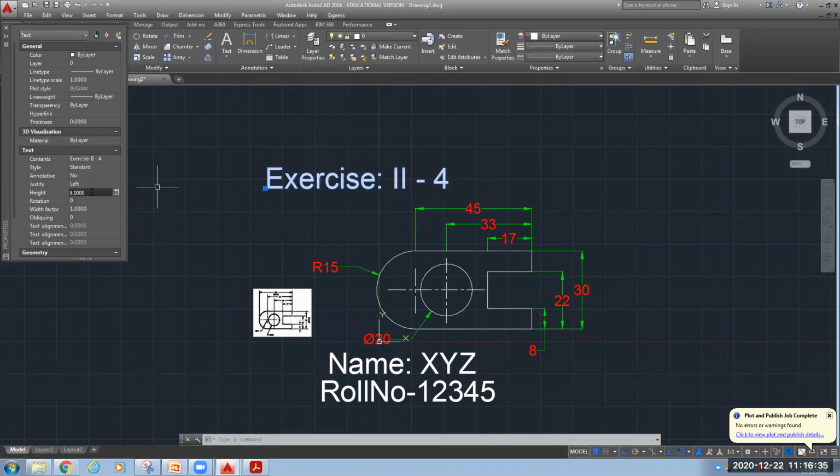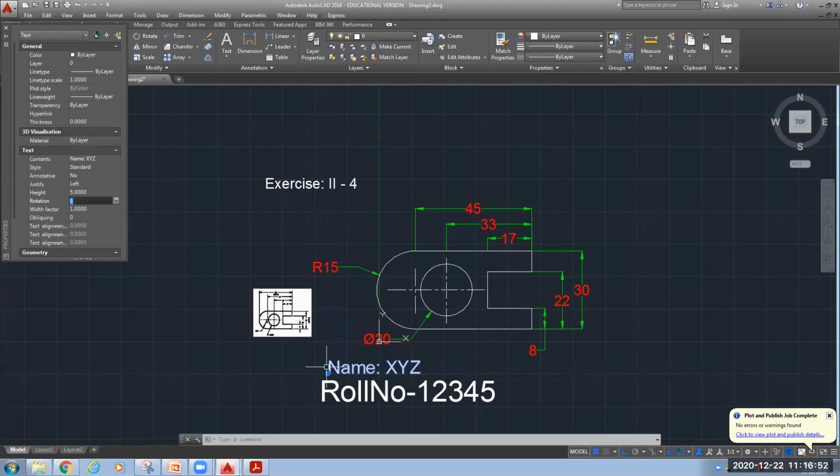We have used 4, I think, earlier. So let's make it 4. 5, sir. For this dimension, I think I have used 4. Anyhow, whatever. If you want 5, let's make it 5. Here you need to see the height it is showing in your properties tab. So let's make it 5. This also I will make 5. Okay.